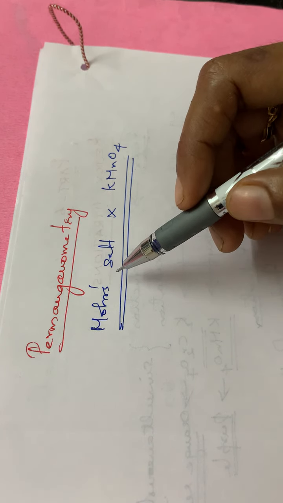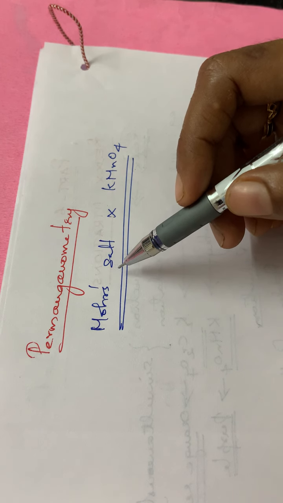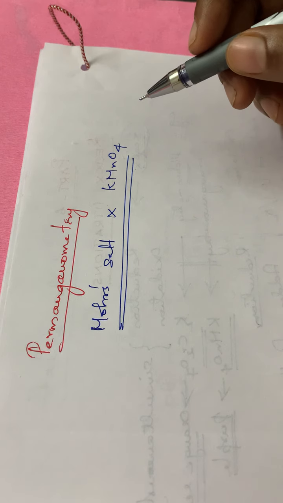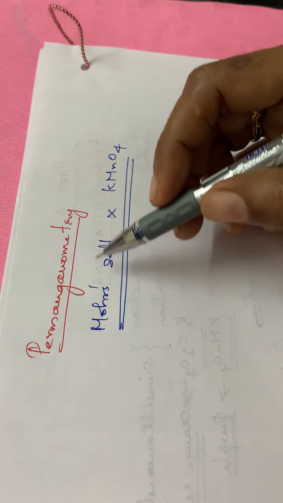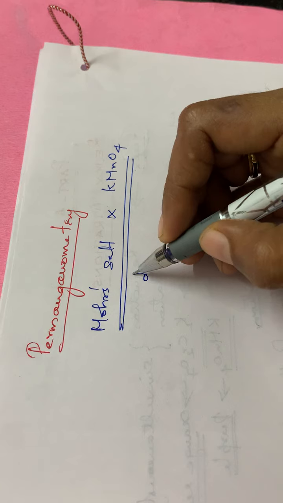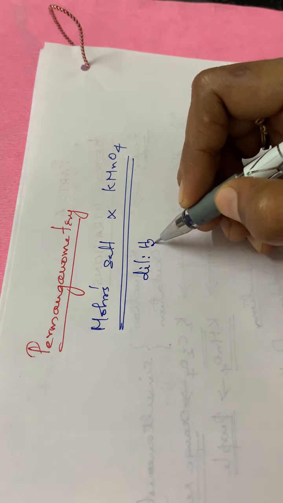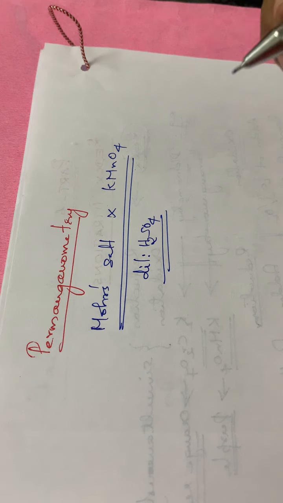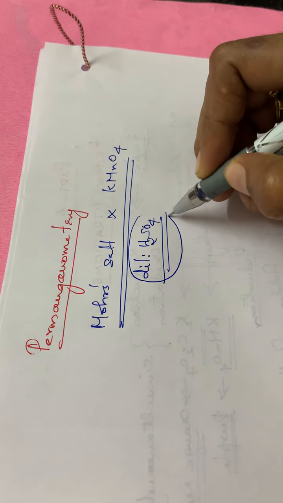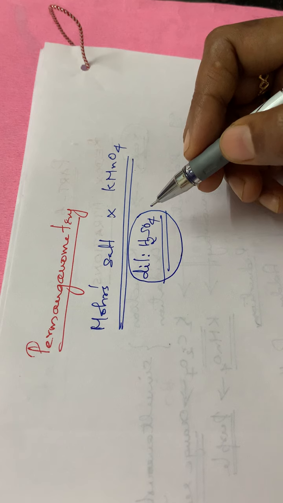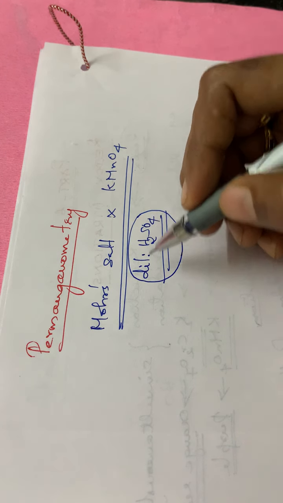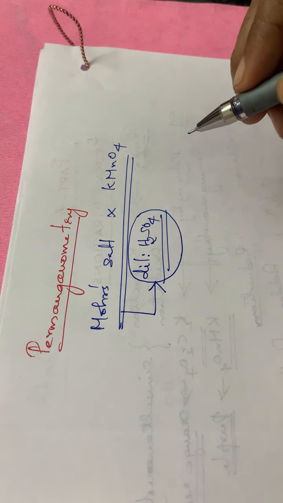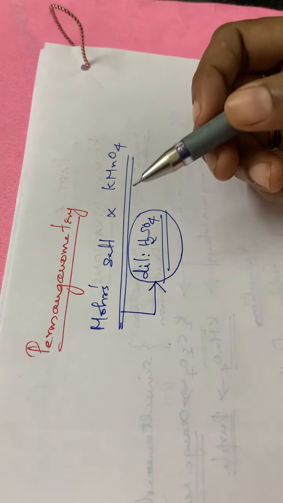Mohr's salt means it is ferrous ammonium sulfate. Mohr's salt against potassium permanganate. While we are doing this titration, if we are taking Mohr's salt in a conical flask, we will be adding dilute sulfuric acid to it. If we are dissolving Mohr's salt in water, it is a must to add dilute sulfuric acid before adding water. Otherwise this Mohr's salt will be